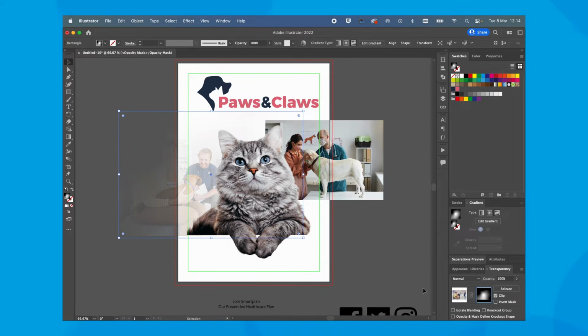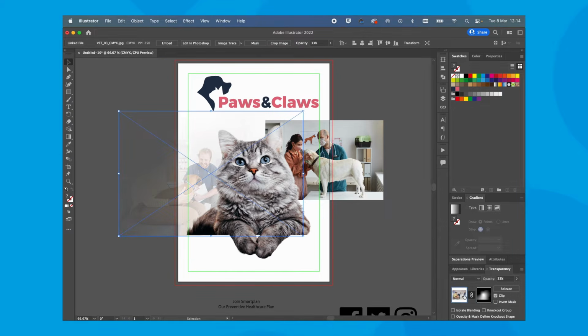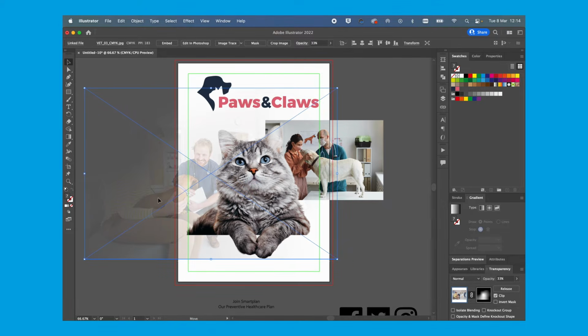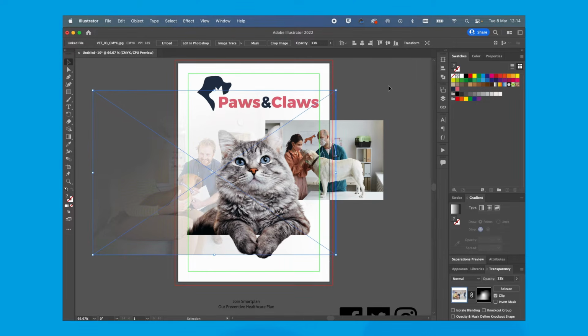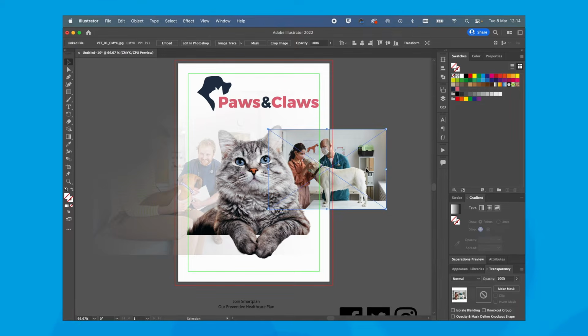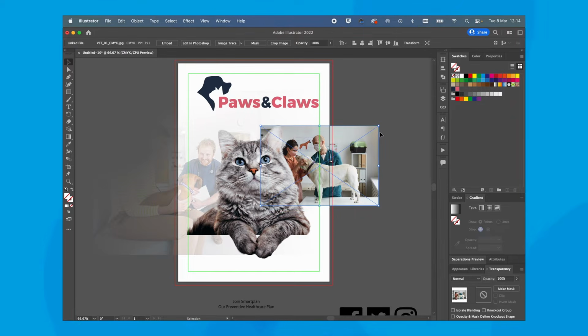Now what I did just there, I've still got my mask selected. That's a common mistake and one I do all the time. So you have to make sure you click back onto the image, and then that will allow me to change the scale. And what that does, it changes the scale. You can see it's linked. It changes the scale and the mask as one. Okay, so yeah, I think that chap's going to end up about there. It's a bit smaller. I'll fiddle with that later. And for this image, I want this one to appear in a roundel.